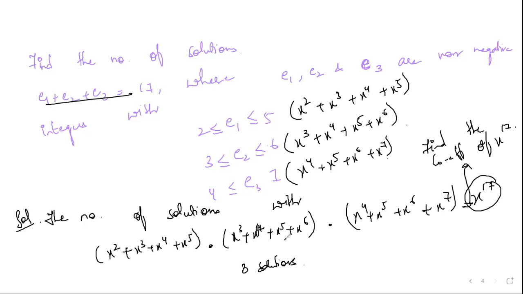For example, if I am multiplying x square with x power 5, I will get x power 10. X square with x power 4, x power 8. In this way, for each term, if I multiply, x square should be multiplied with all of these, x cube with all of these. It will be a process, but just by observing, it is not difficult. It is actually easy that the coefficient of x power 17, we will have it as 3. Hence, there are 3 solutions.